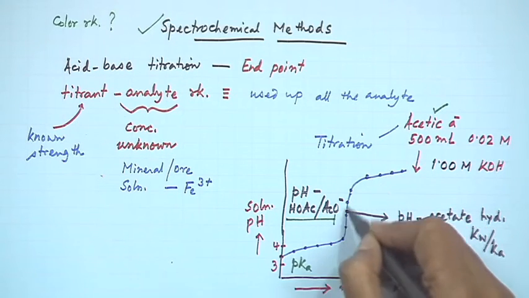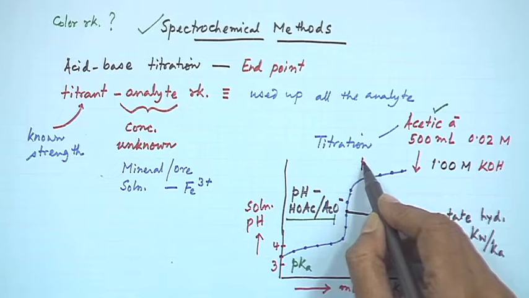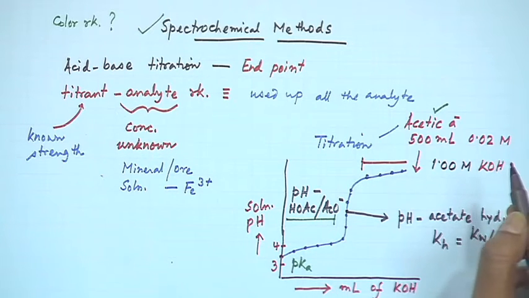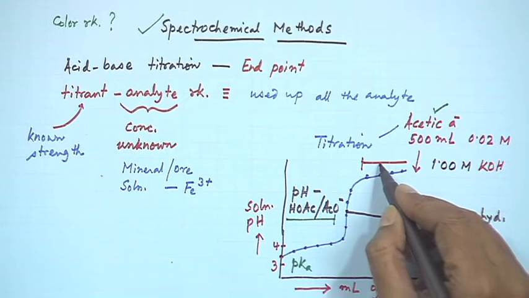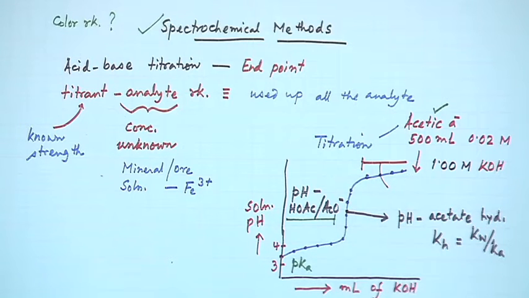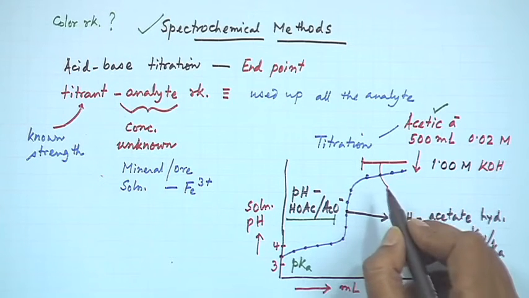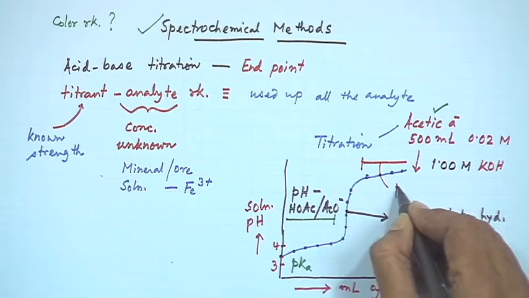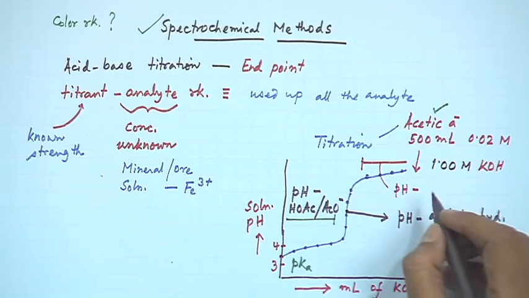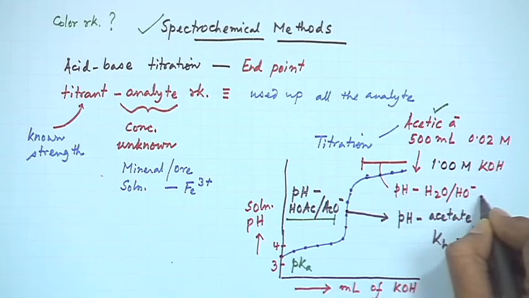Then once we reach over here, we are completing the vertical line, and again we are approaching some horizontal part of the graph. This horizontal part has a very slight change or a very small change in the pH value after the addition of this KOH. So, the milliliter addition of this KOH beyond the end point of this titration will be dictated simply by this pH, which also will be described by your water hydroxide ion equilibrium.